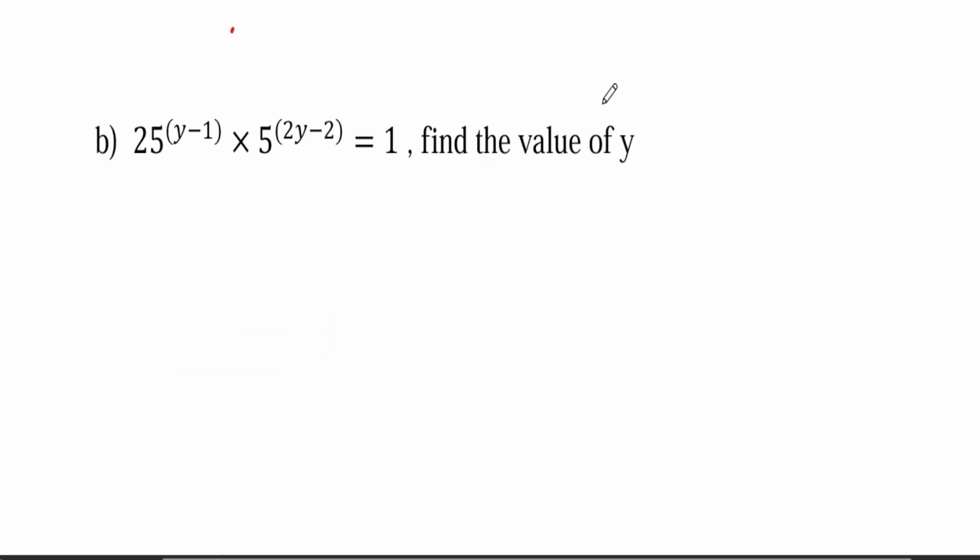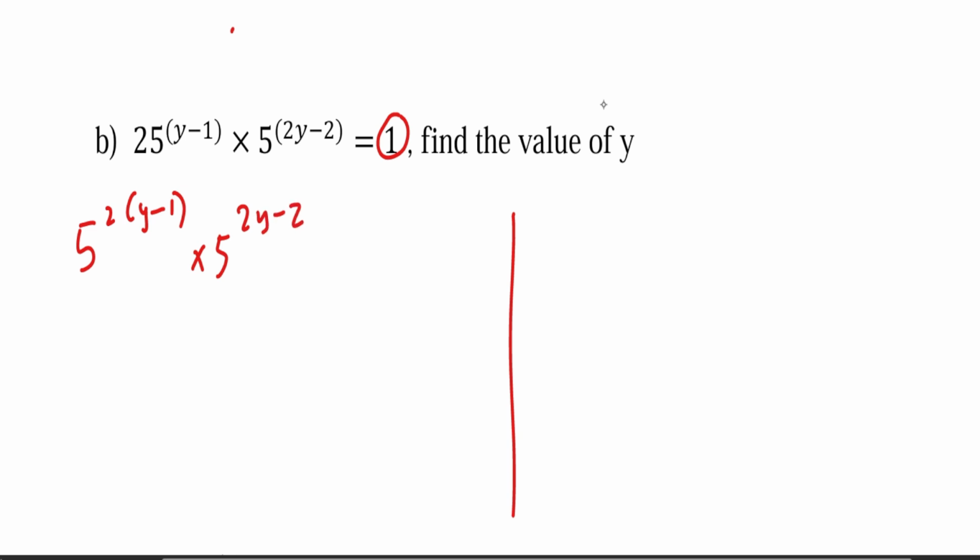Now let's try question B: 25 to the power of y minus 1 times 5 to the power of 2y minus 2 equals 1. We said anything raised to the power 0 is 1. Let's start with 25. 25 can be written as 5 squared, but remember there's another power, and then times 5 to the power of 2y minus 2. Since all the bases are 5,